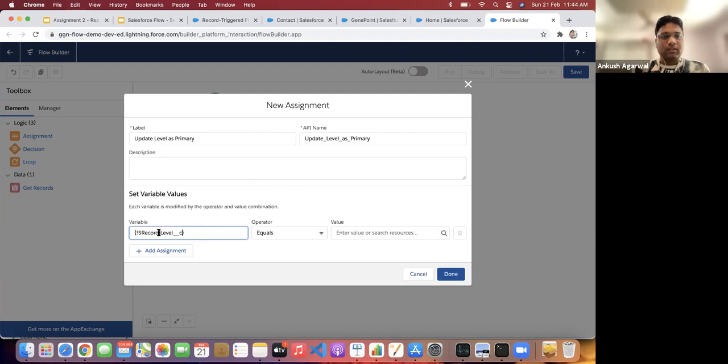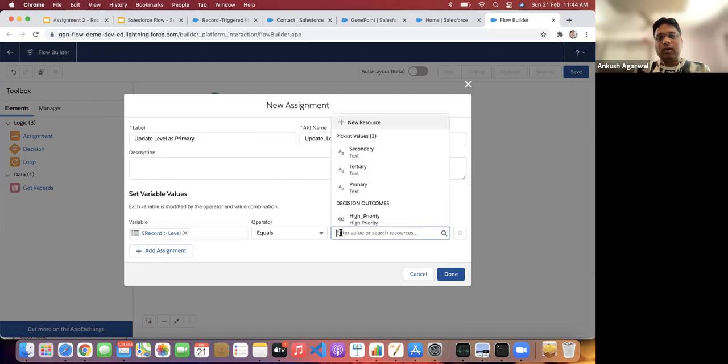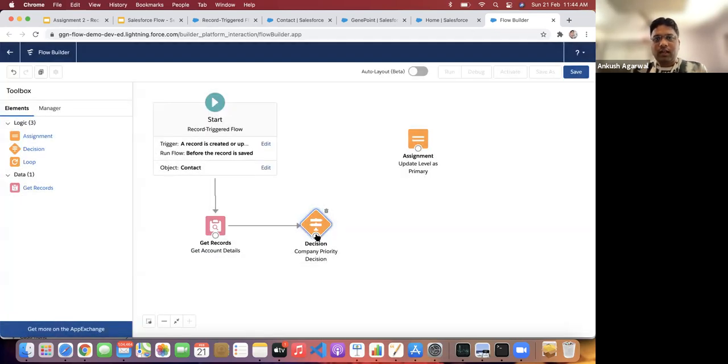So you just make a note of it, every time whenever we want to use the record on which we are working, this will be $record. And then this is the level field which we want to update. And first of all, we'll be updating it with primary. Okay, and we'll connect with this one.